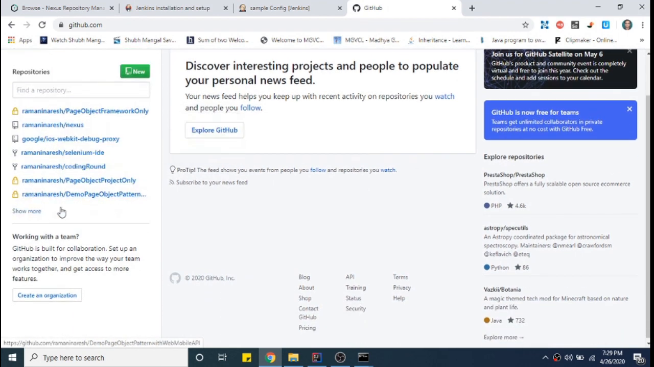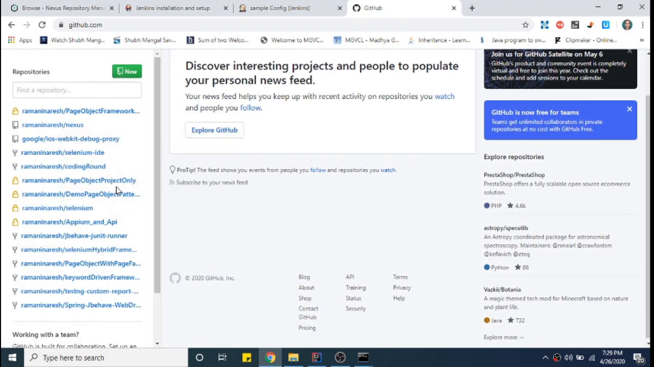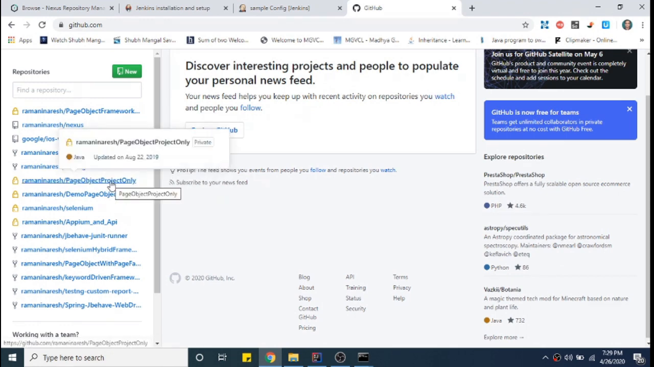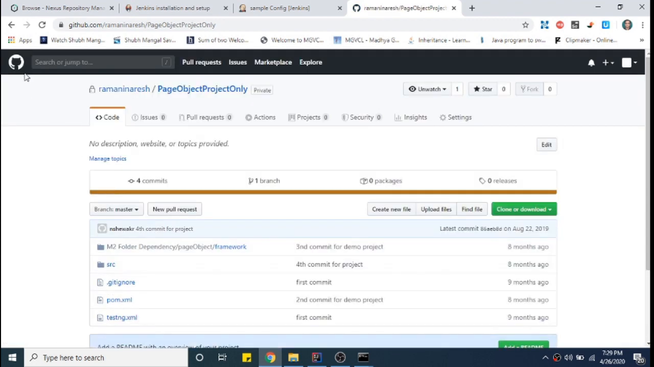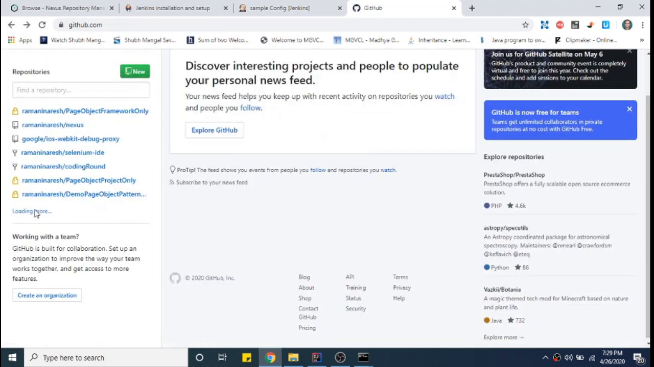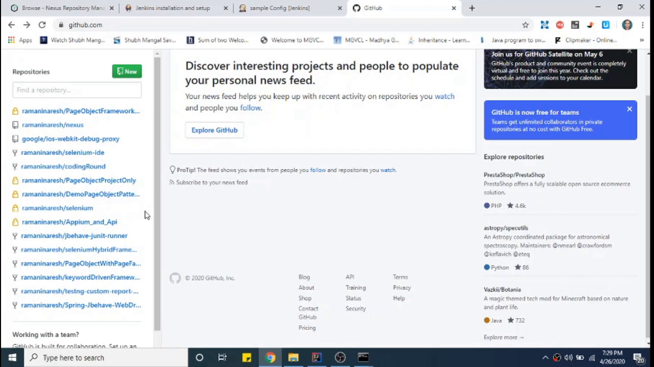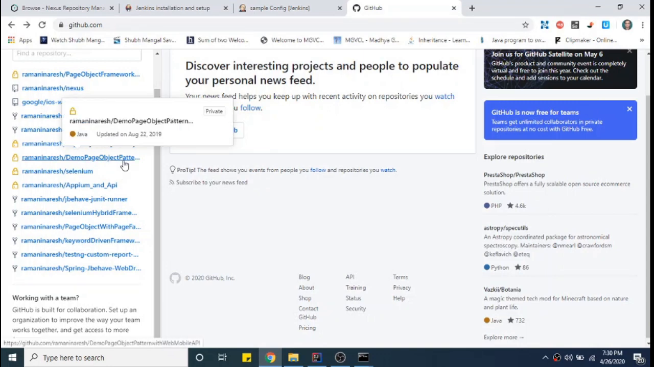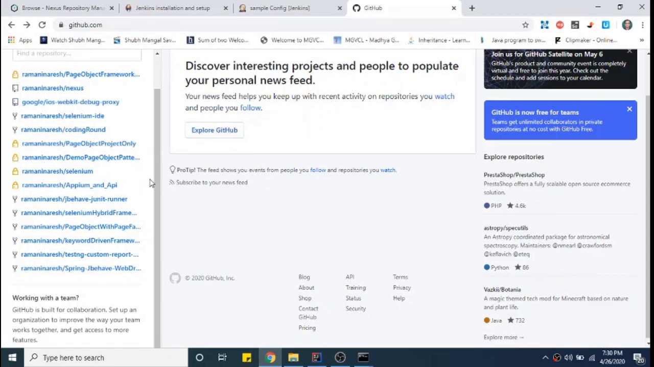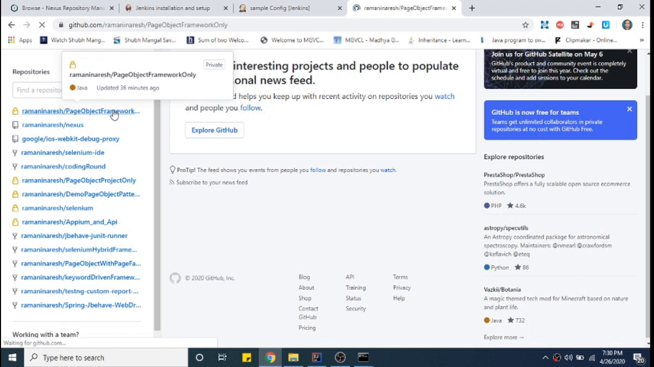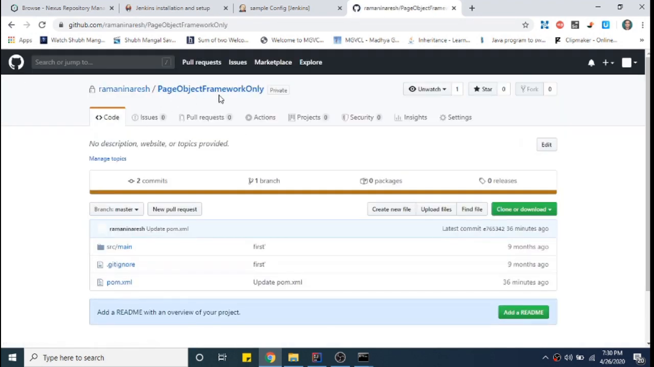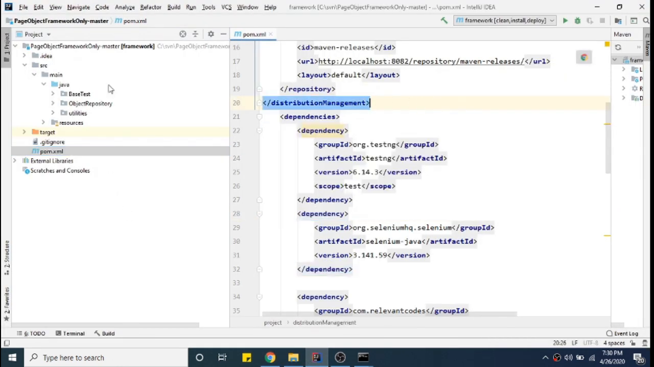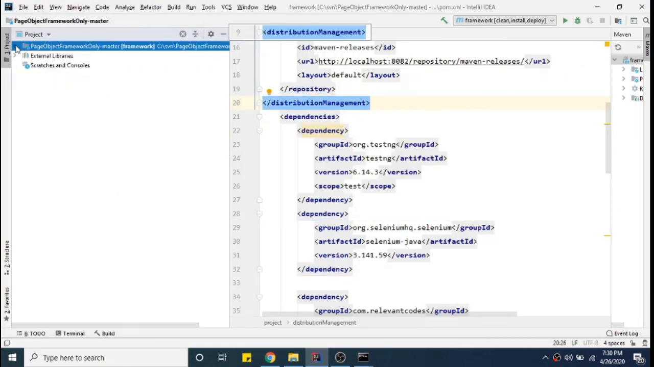Okay, so this is it, yeah. It should be with the name of the framework. I have too many. Yeah, this is the one. Okay, so it's the page object framework only. If you see in Eclipse, I already have this project, but I have uploaded this project